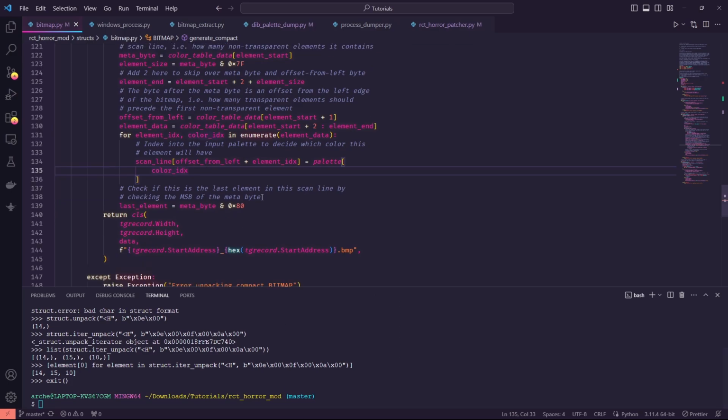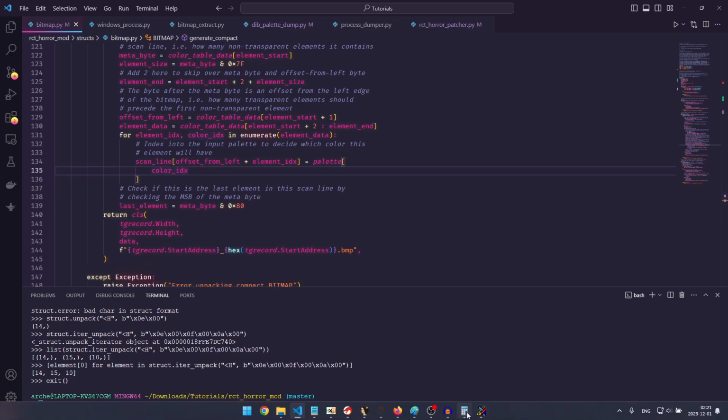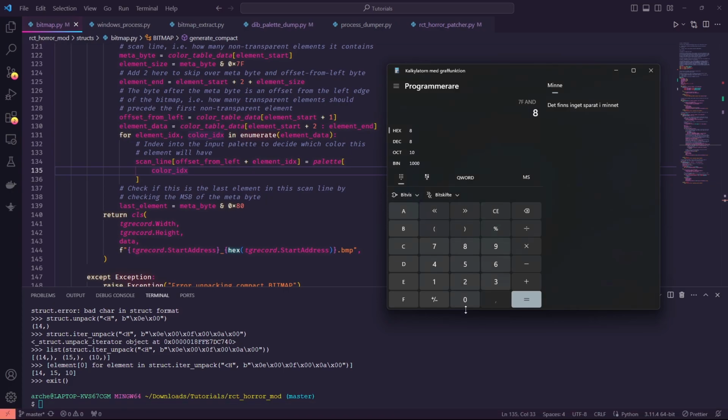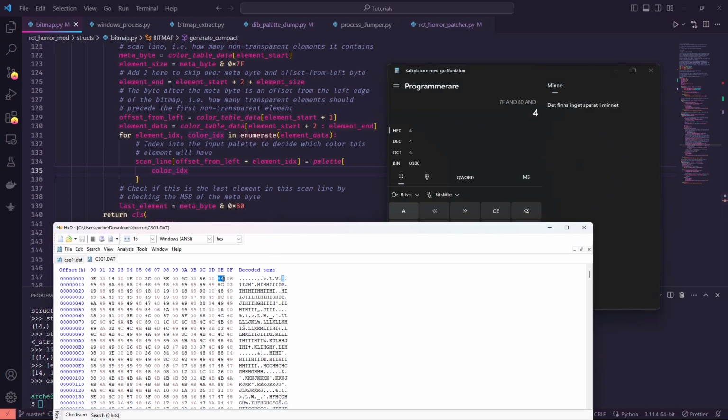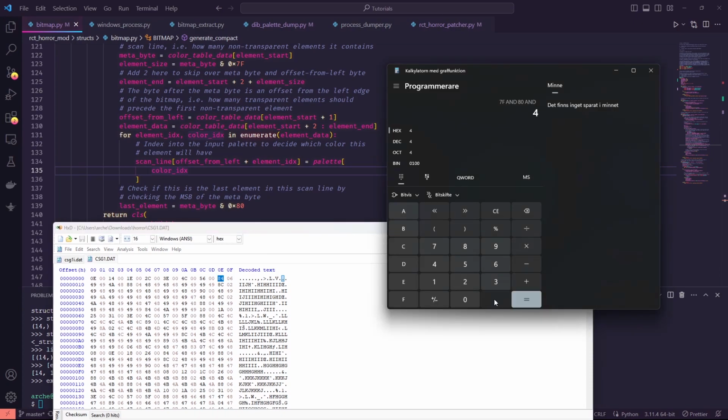And the last thing we do is we come back to that metabyte and we AND it with 80 in hex, which will just give us the most significant bit. If that is not set, so let's say if our first value here was just 4 without the 8, that means this is not the last element in the scan line, and so we should keep reading scan elements. But since it's 84 in this case, that means the most significant bit is set. When we AND that with 80,